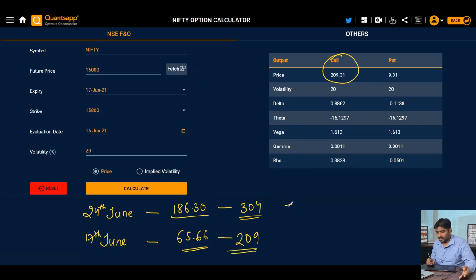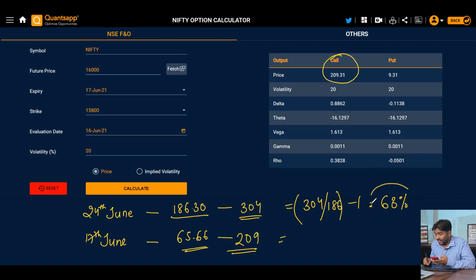Now we can very easily calculate where we have the highest return. This has given probably a 100-point change only. That's approximately 50%, even though we can calculate it as 304 divided by 186, minus 1. So that is a 63% return. When we have 8 days left for this expiry and the price changes, the option premium will give me a 63% gain.